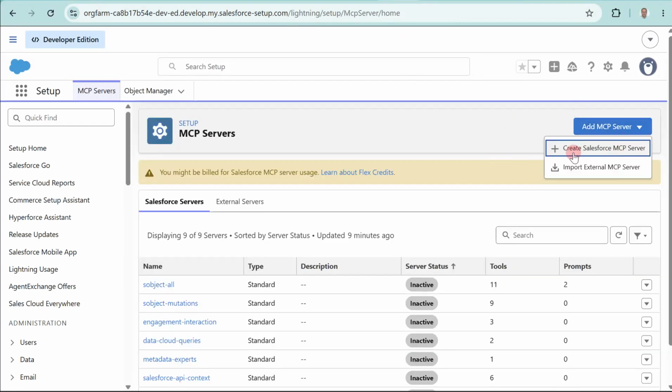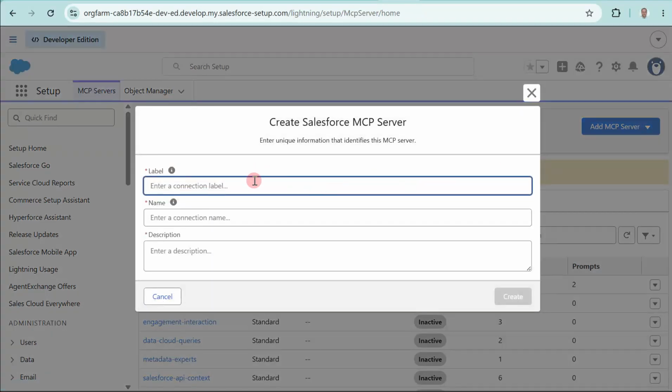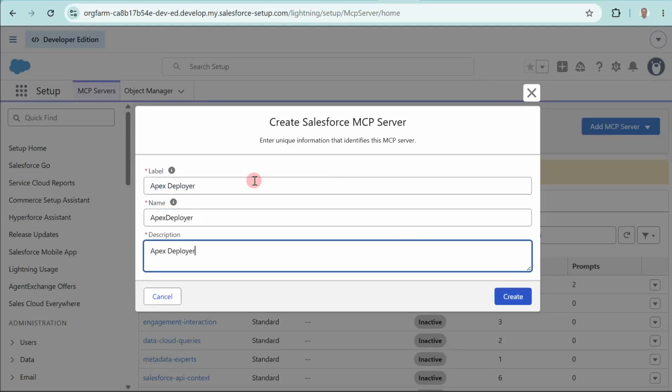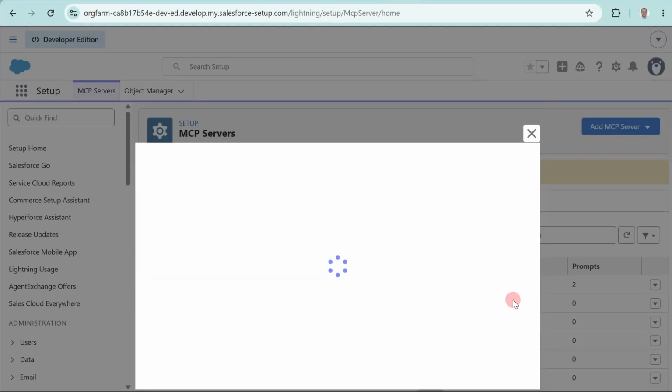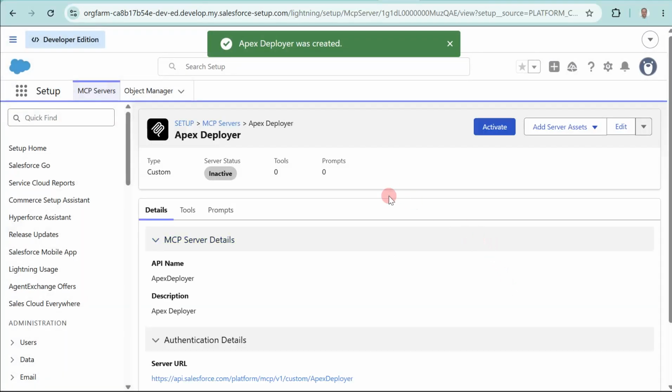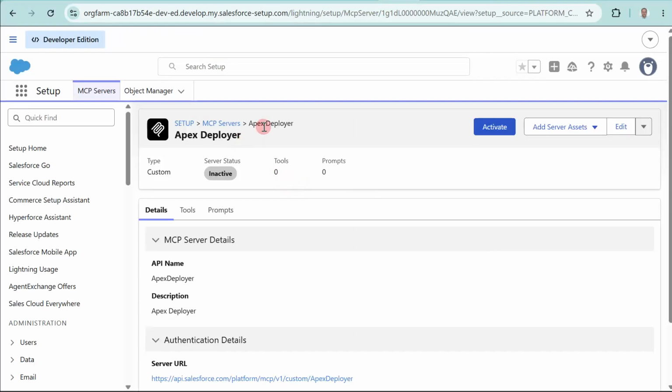Add MCP server, create Salesforce MCP server. We'll click and give it a simple name. I will write Apex deployer, and I will give the same thing to the description. I will click create, and this is our MCP server, Apex deployer. This name becomes part of the web address. Then we open add tools,